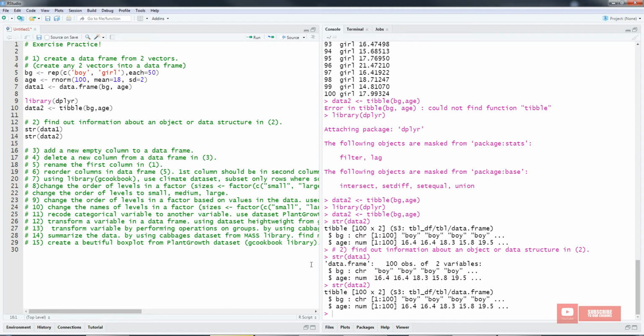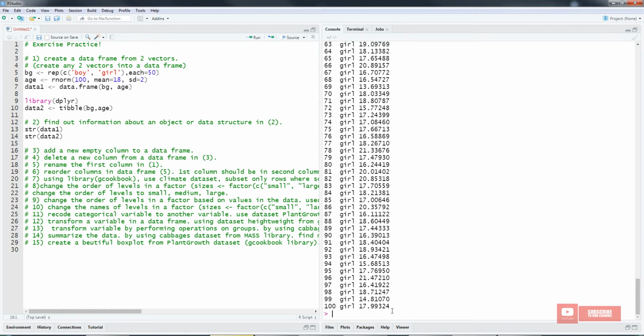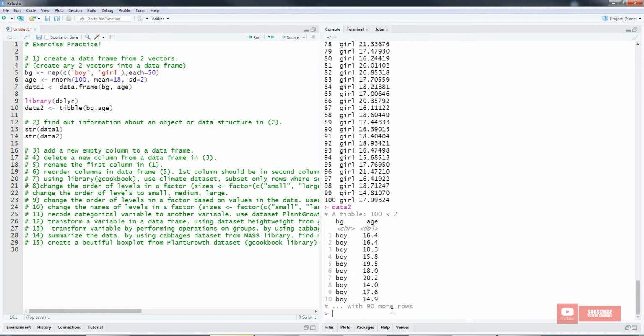Right, the difference between data frame and table is, kita tengok sini, data1 is in data frame format, but data2 in table format. So kalau kita tengok I type data1, dia akan keluar semua. Data2 dia akan keluar sikit saja, 10 observations yang fit dalam kita punya